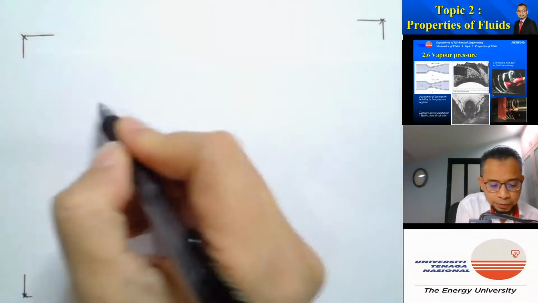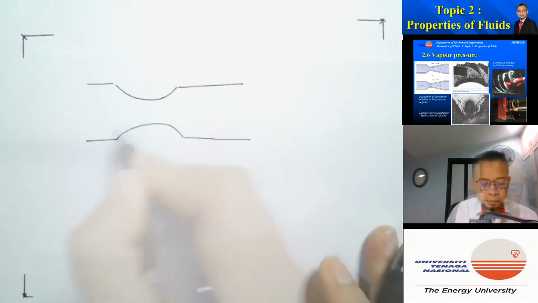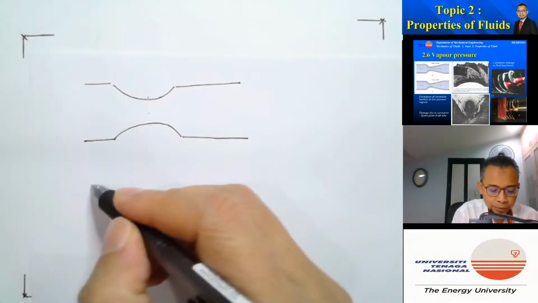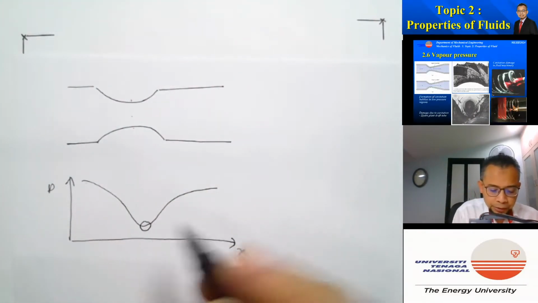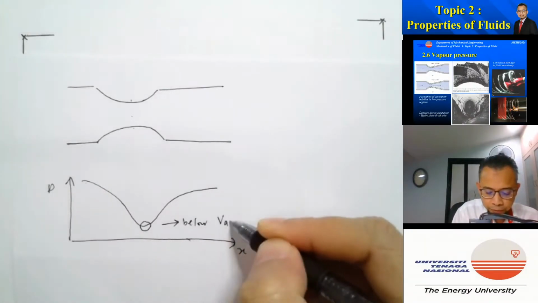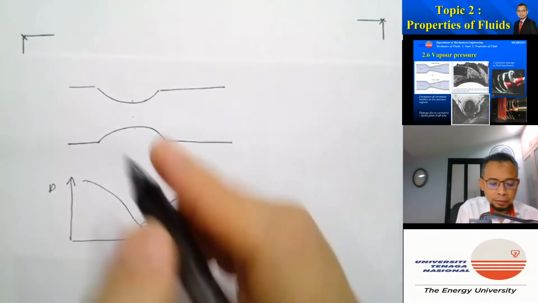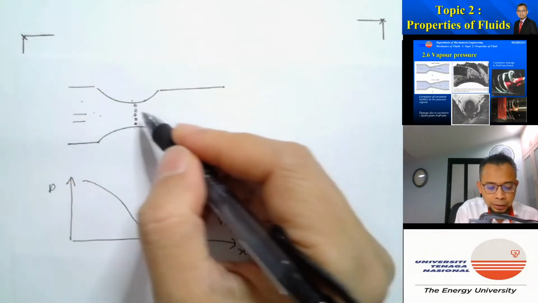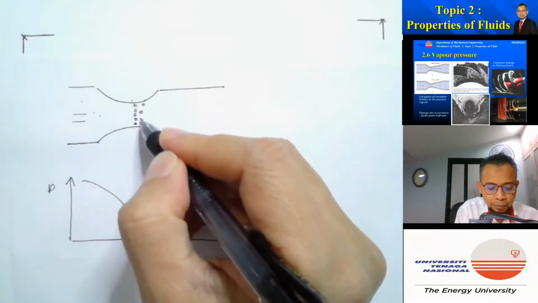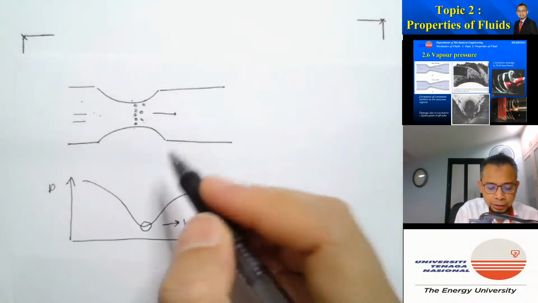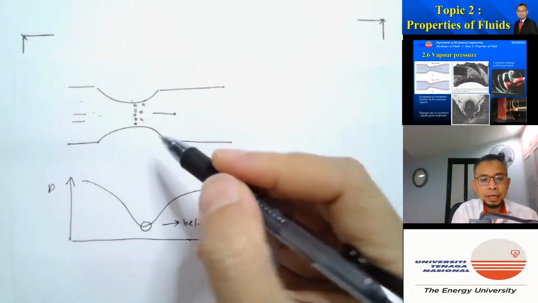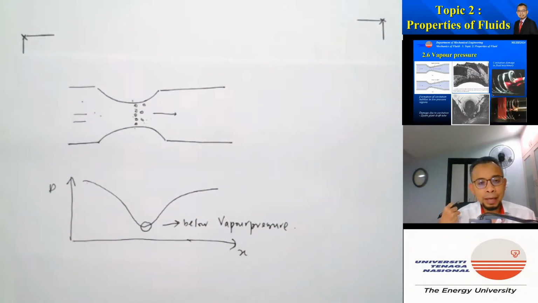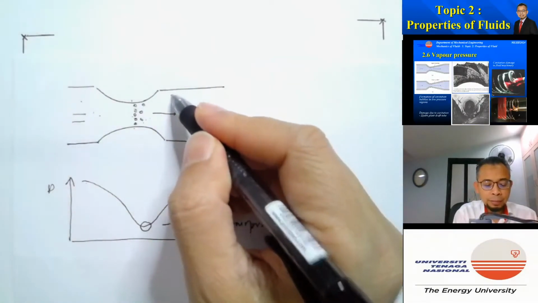So if you consider flow in a nozzle, let's say I have a nozzle. In the nozzle, the pressure is lowest at the throat. So if I plot the pressure, it will look like this. If this pressure here is below vapor pressure, change of phase will occur here. So the liquid, when it reaches this point, will change into gas. So bubbles will be formed. But when it moves to this region, where pressure is higher, it will change phase again from gas into liquid. And when that happens, there will be a release of latent energy, which causes damage to